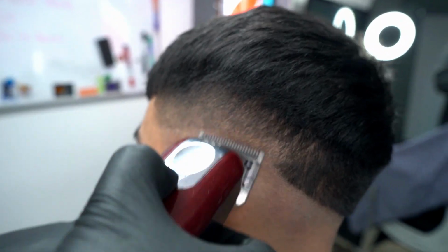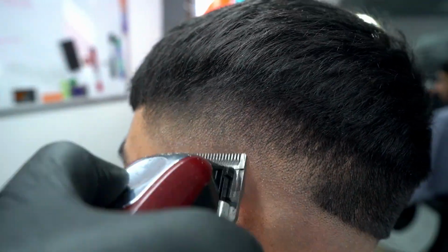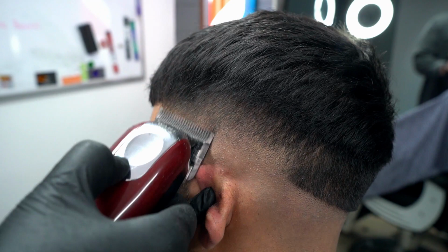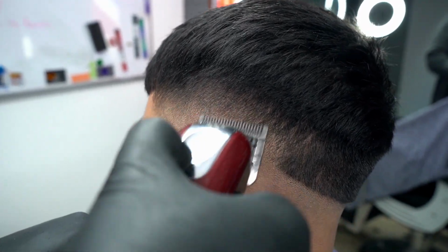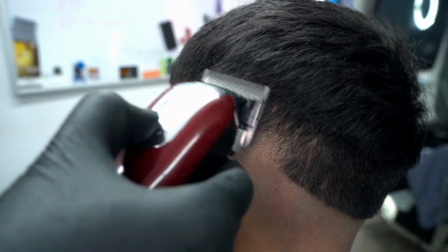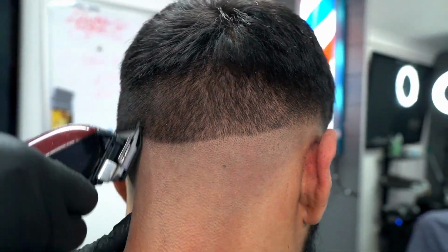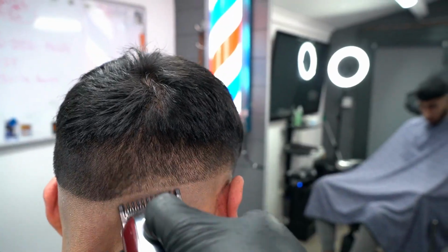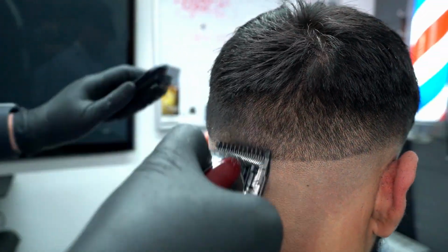So you can use your 0.5 and you can blend straight into the 1. When I'm guard skipping, I usually do the 2 sides and then the back, because I don't have many guards to go through anyway, so I'm not really going to be putting down loads of guards. It's actually quite easy for me to do both sides. It's a really efficient technique to do. It takes me about a minute or 2 to fade out each side, and then I can just do the